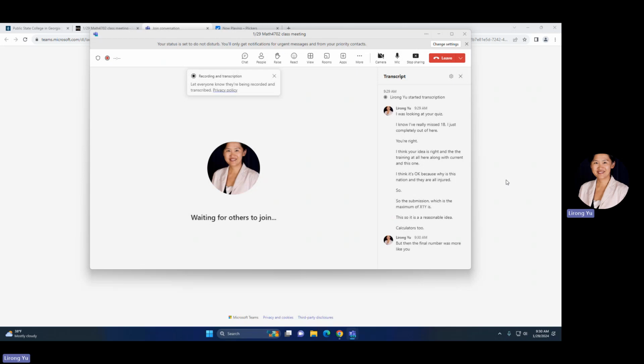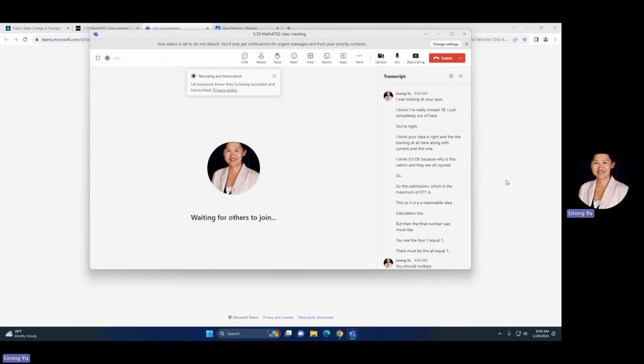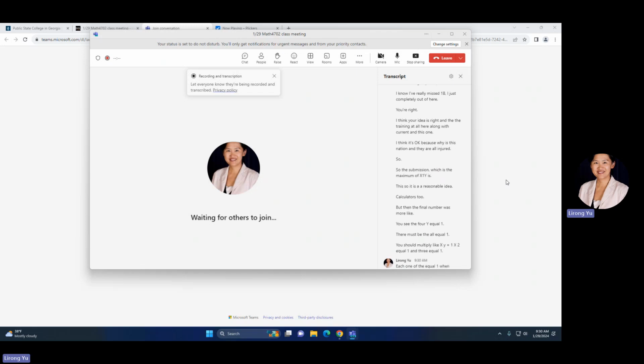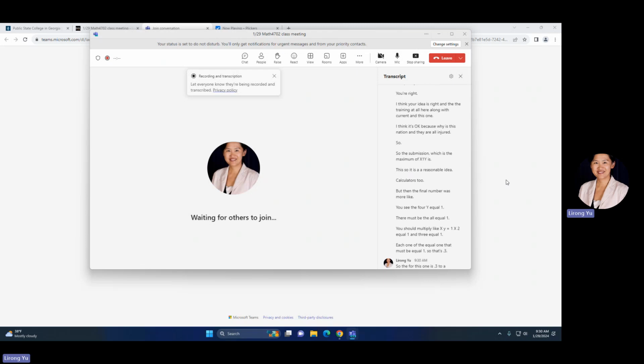Because for y equal to 1, they must all equal 1. So you should multiply x1 equal to 1, x2 equal to 1, x3 equal to 1. If one of them equals 1, that must be x equal to 1, so that's 0.3. So for this one it's 0.3 to the power 3, right? Yeah. And then for this second one, y equal to 2,